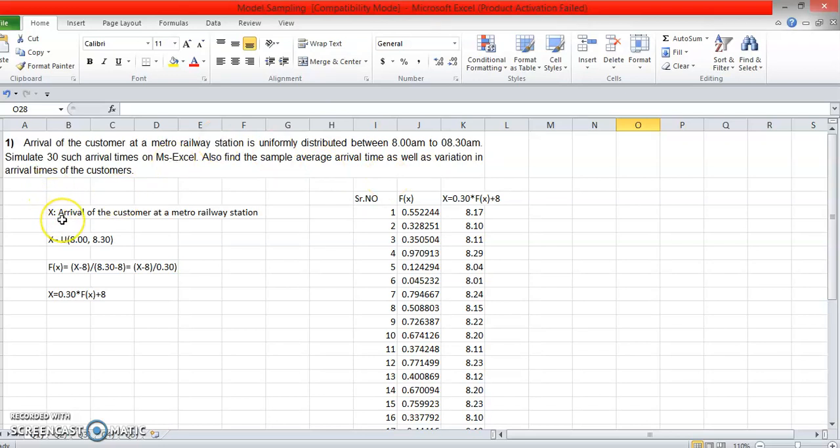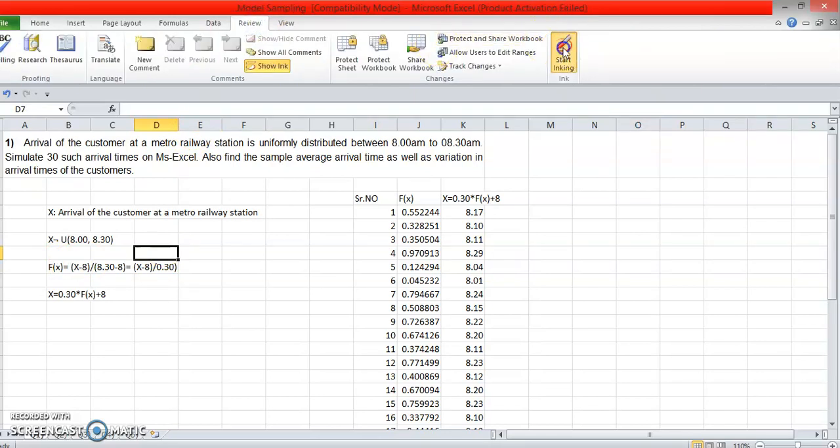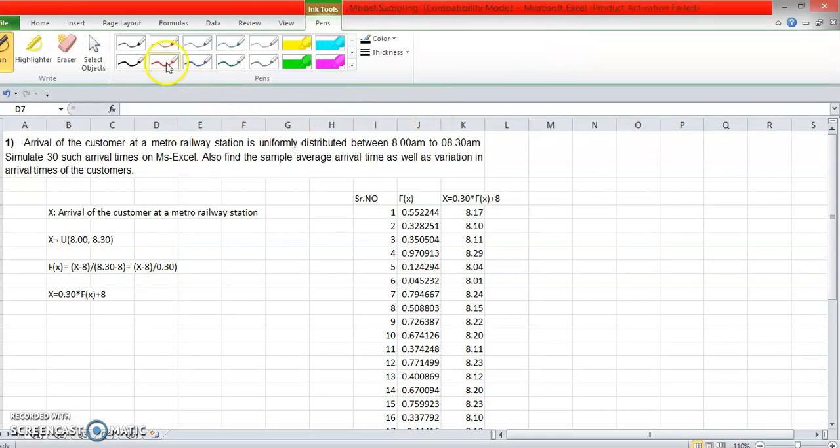So the random variable X here given is arrival of the customer at the metro railway station, and it is given that this X follows uniform distribution over 8 to 8:30. According to the formula, the distribution function of uniform over (a, b) is given by (x minus a) upon (b minus a).